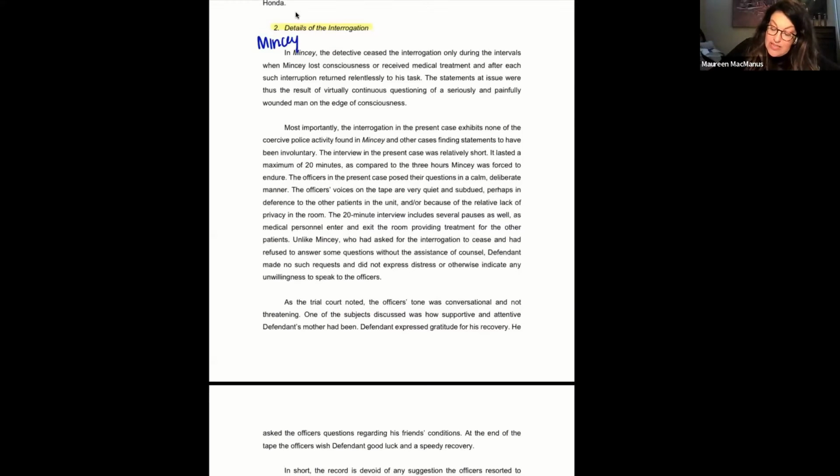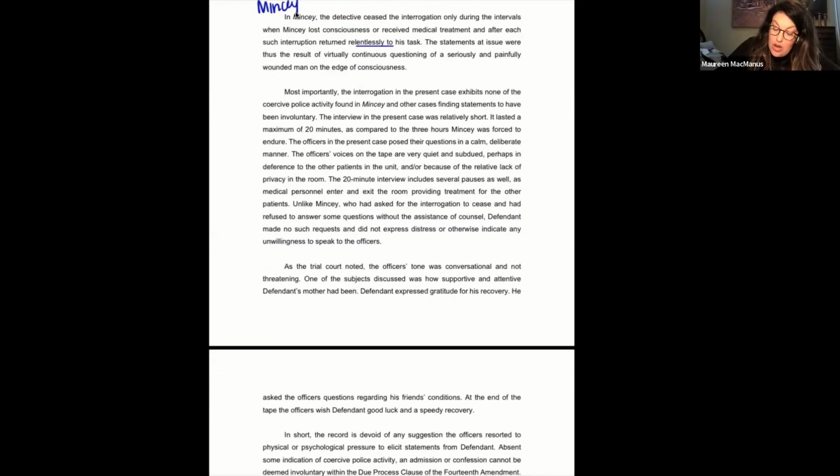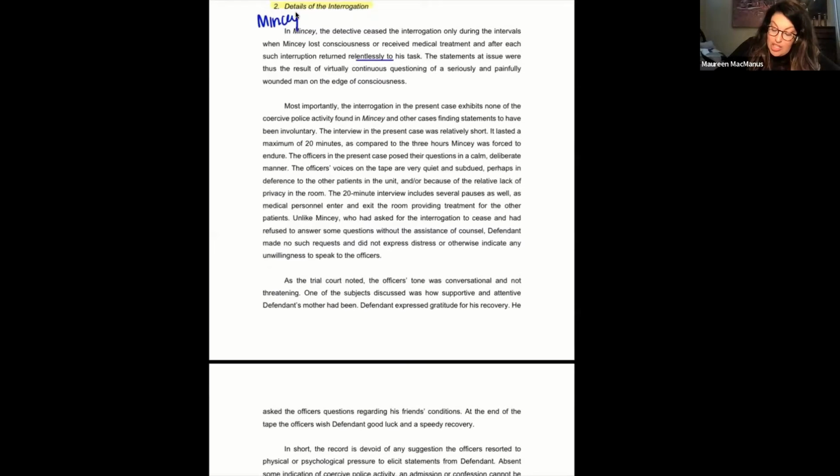In Mincy, the detective ceased the interrogation only during the interviews when Mincy lost consciousness or received medical treatment, and after each such interruption, returned relentlessly to his task. So I think that's interesting. They use the word relentlessly. The statements at issue were thus the result of virtually continuous questioning of a seriously and painfully wounded man on the edge of consciousness. Most importantly, the interrogation in the present case, okay, so now we're getting to Perdomo